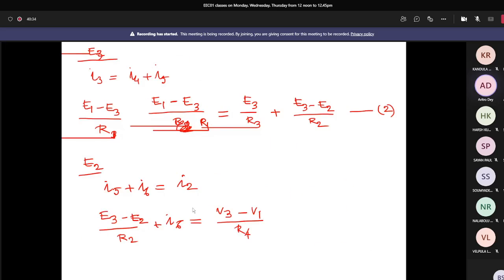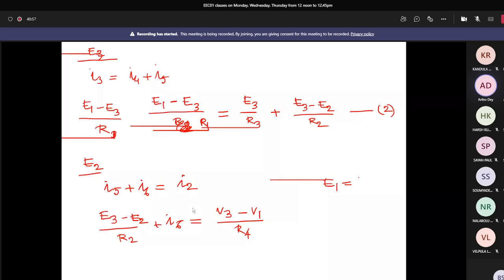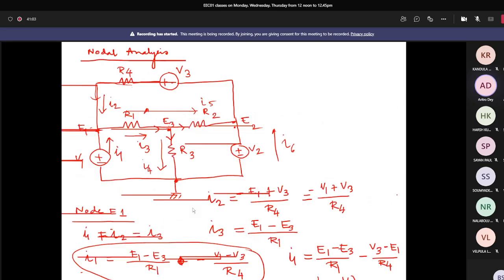Now let's see how many unknowns we have and what we have to solve. At each node we have to solve the currents, right? So what is unknown to us? What is known to us? V1, V3 are known to us, R4 is known to us, and E1 is also known to us. So E1 is equal to V1 and E2 is equal to V2. And yes, E3 is equal to V3, right? Who was saying that? It is correct. E2 is equal to V3 and then V2 equal to V3 then.